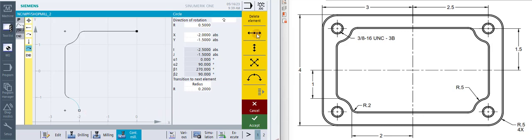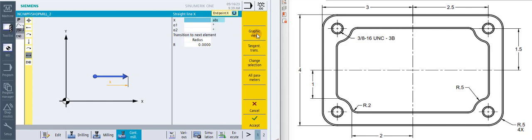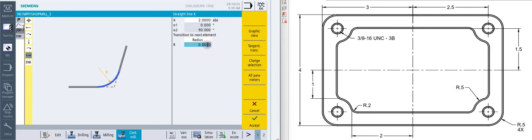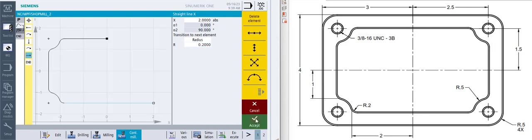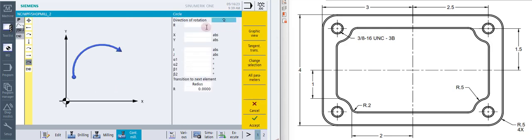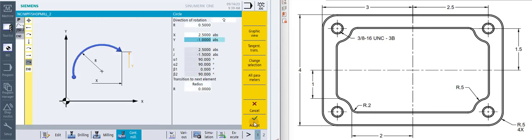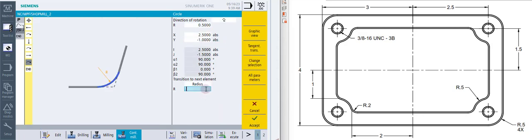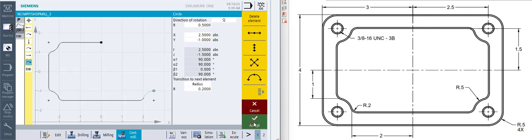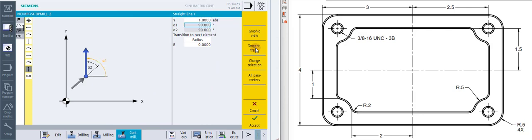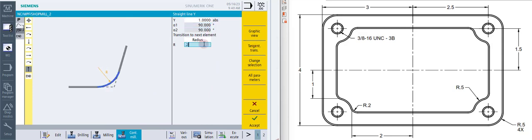We're going to come straight across to X of 2 with our radius. And we have an arc clockwise, ½ inch radius. The X endpoint is at 2.5, and the Y endpoint is at -1. And that is the one we want, so we'll accept that dialog and put our radius on. Then we're going straight up in Y to 1 inch with our radius